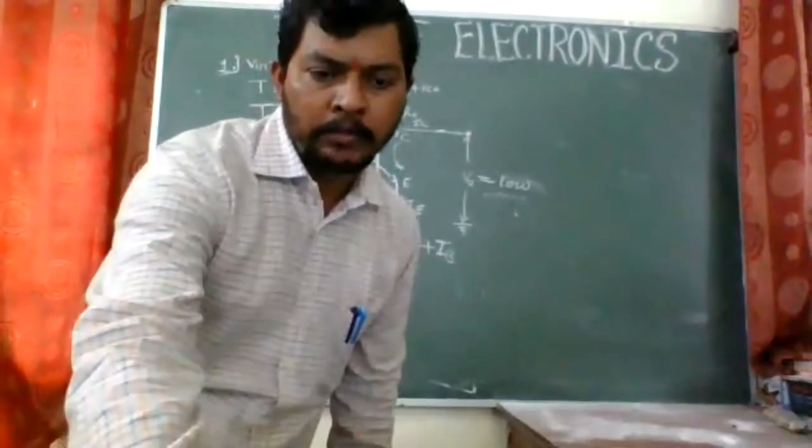So friends, I have taught you how a transistor can be used as a switch. This working is going to help you in understanding how a series type voltage regulator and a shunt type voltage regulator is going to work. So remember these two things: whenever the base voltage is high and whenever the base voltage is low.